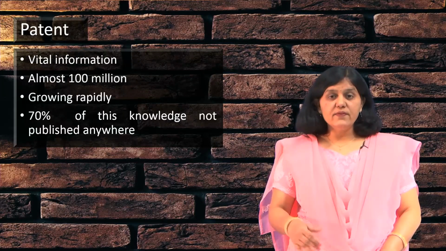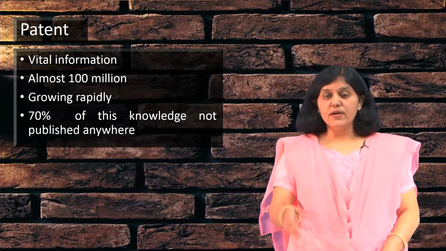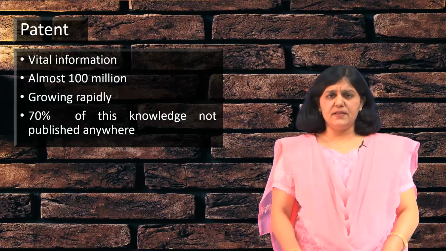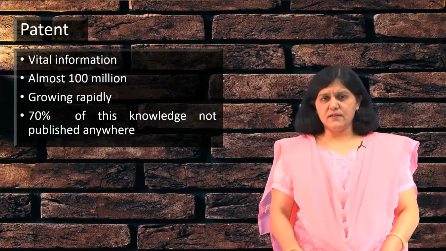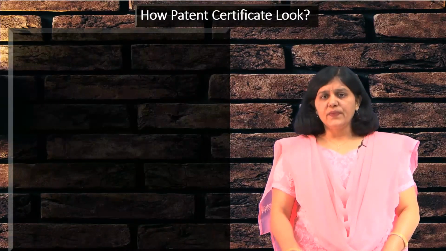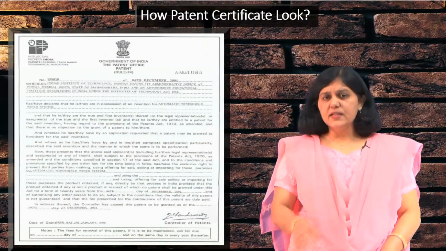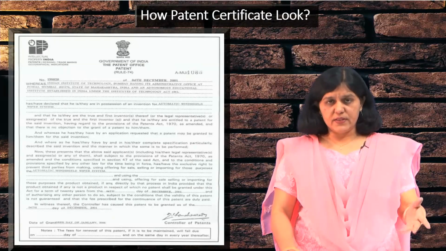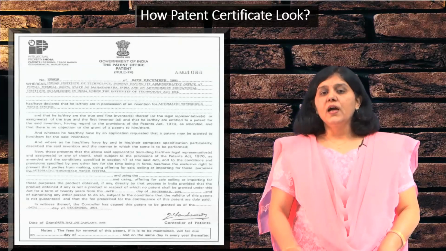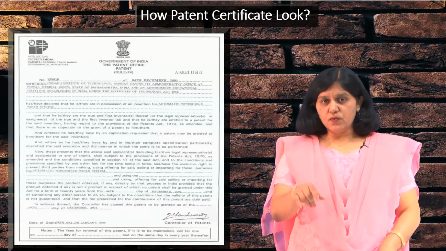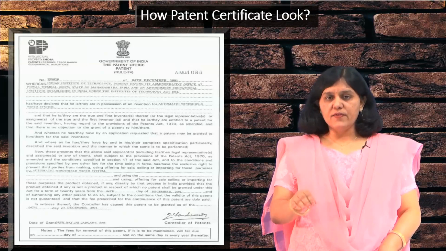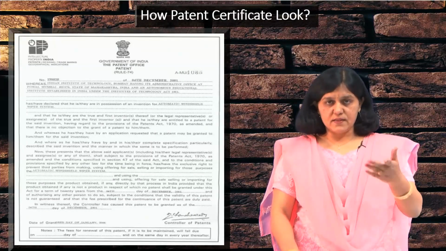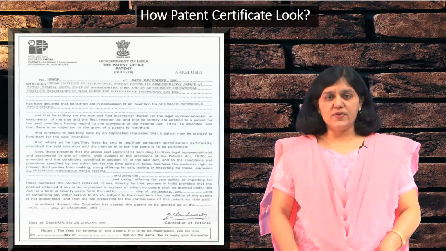Do you know, when we say a patent is granted, what document you receive? To give you an example, just check this certificate. Now, there are a few changes in this certificate. This is given by the Indian Patent Office. There are a few changes in the certificate now, whatever the latest is. And you can browse through the folder. In the folder, we have kept one certificate that is granted by the Indian Patent Office.